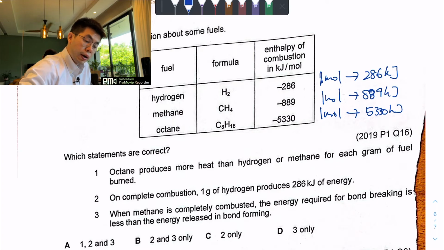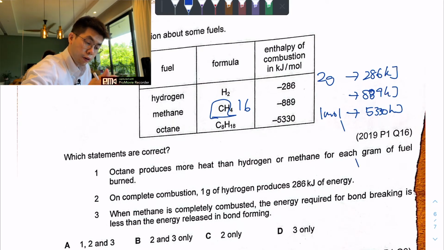So I know that 1 mole of hydrogen, the molar mass of hydrogen is 2, right? H2. So instead of saying 1 mole, I can say 2 grams of hydrogen produces 286. For methane, the molar mass is 16. So instead of saying 1 mole, I can say 16 grams of methane